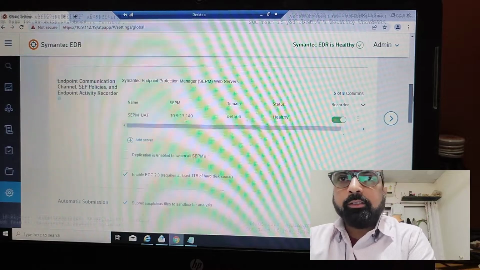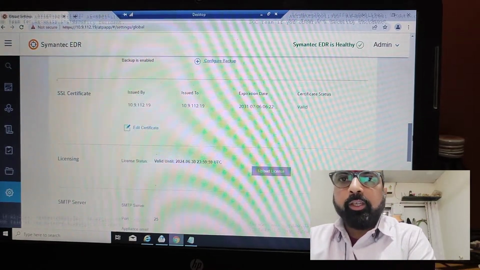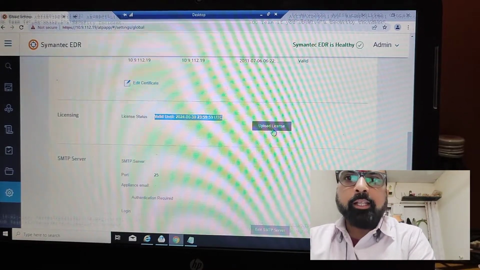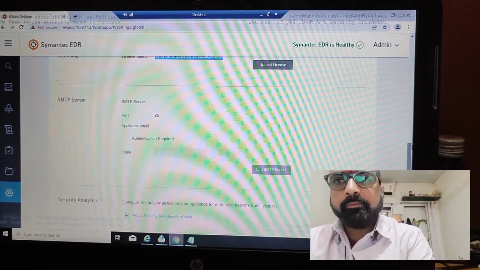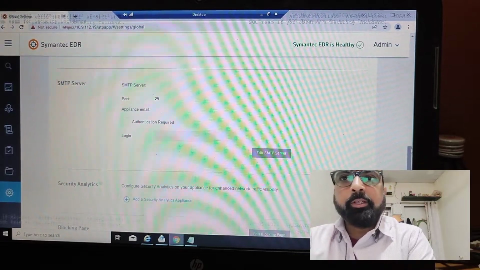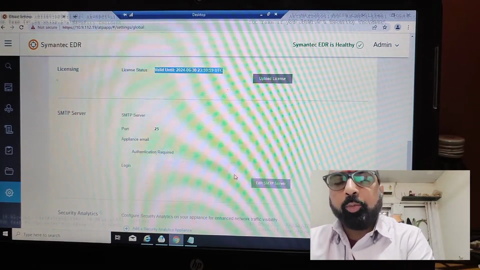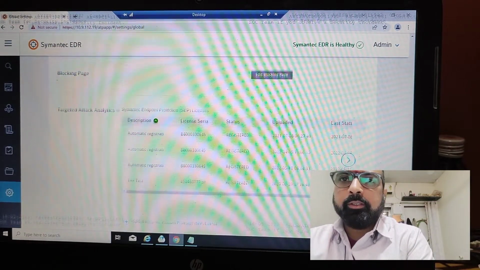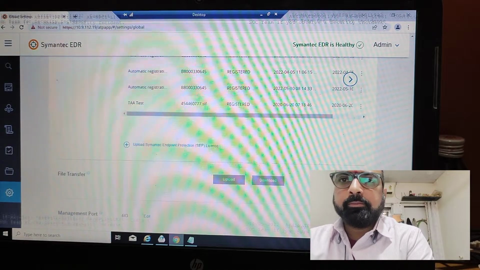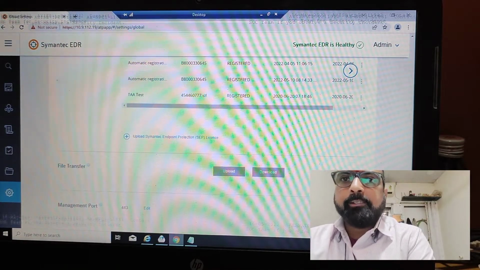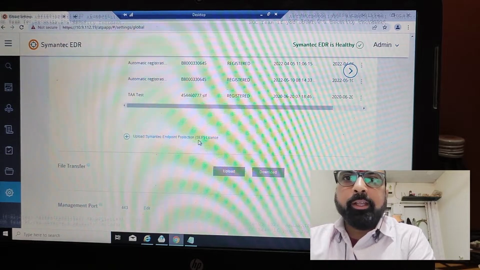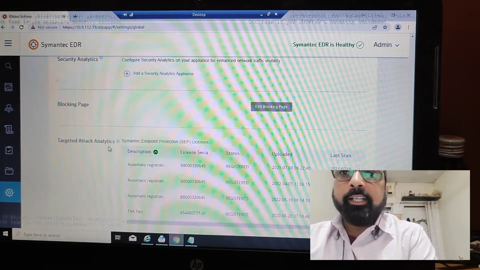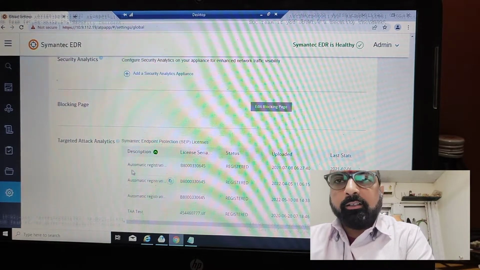Also you can add the license copy through this setting here. You can add the license. If SMTP is available, you can put the SMTP here. You can also upload the Symantec license here for this targeted attacks analyzer configuration.